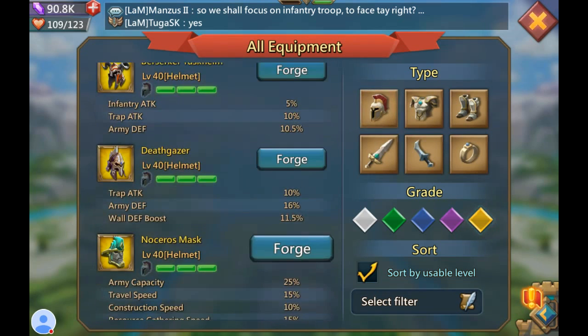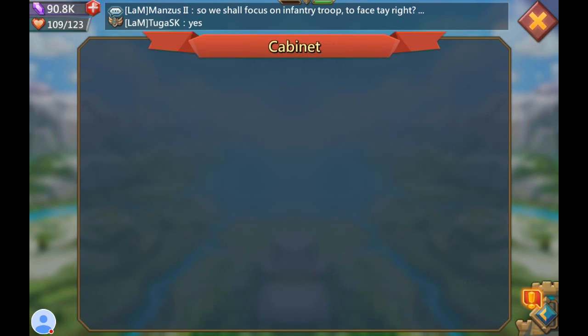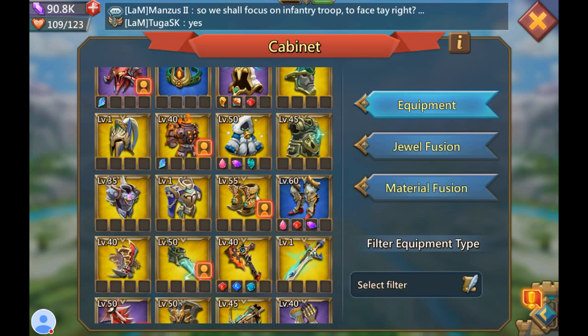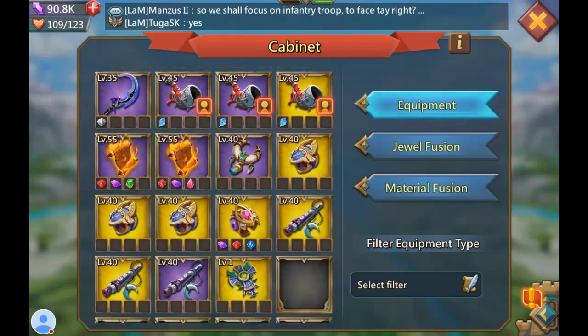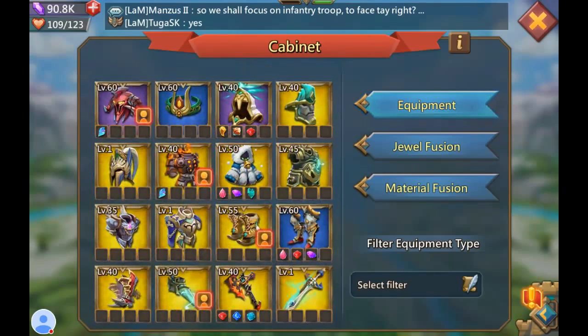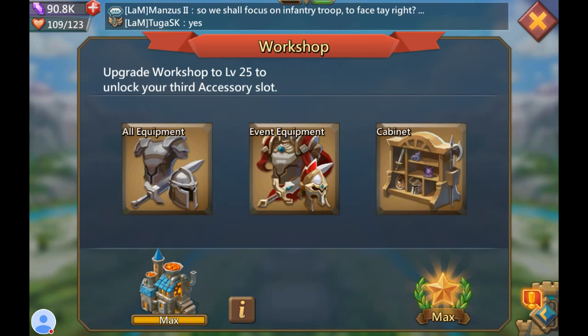Where is it? But I want the Death Gazer. I thought I had it. Do I still have it? I thought I still had it. I must have deleted it, or what do you call it? Deconstructed it and got the mats for it. Yeah, I must have. Pretty sure I did have the Death Gazer, but let me show you a good helmet